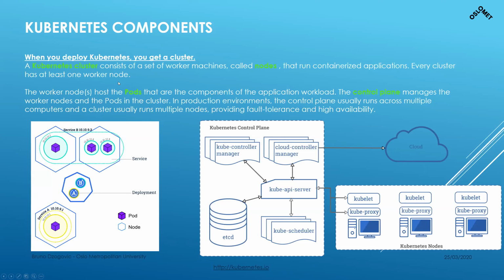So what is a worker node? The worker node is the node where your service is running, and the host is where your master is running. The worker nodes are hosting pods. Each pod is a component that contains containers. For example, this part here is the pod, and the pod contains containers. This one has 2 containers, and this pod has 1 container. And they're interconnected with each other by IP addresses. So they have the same IP addressing